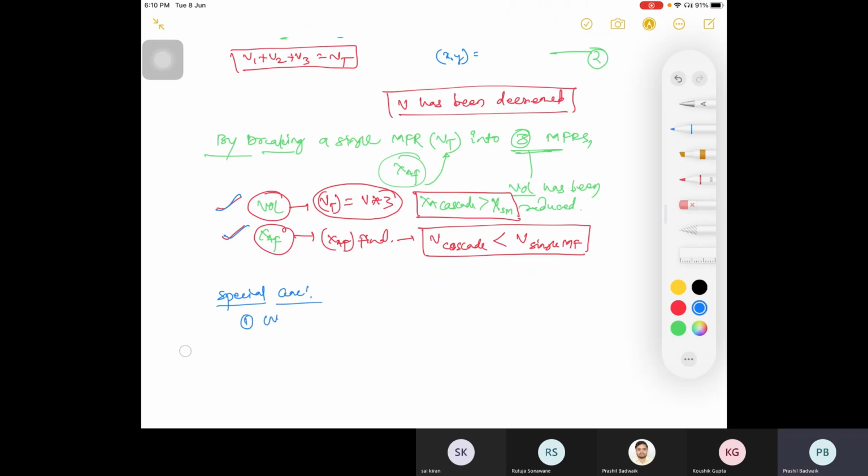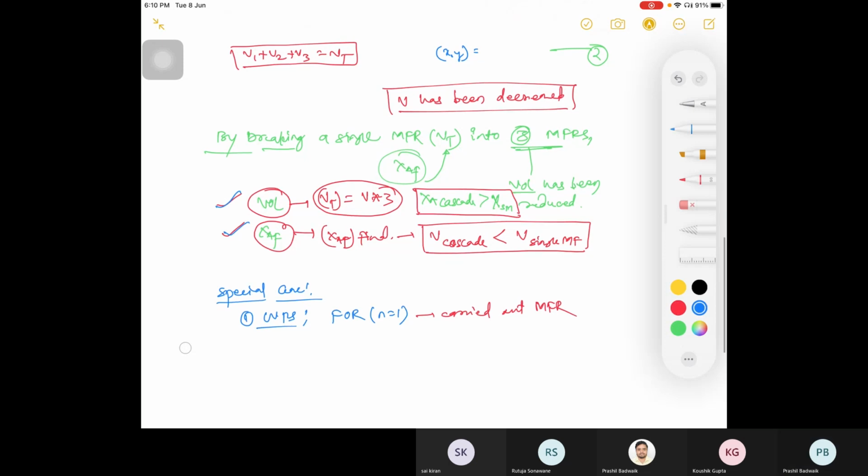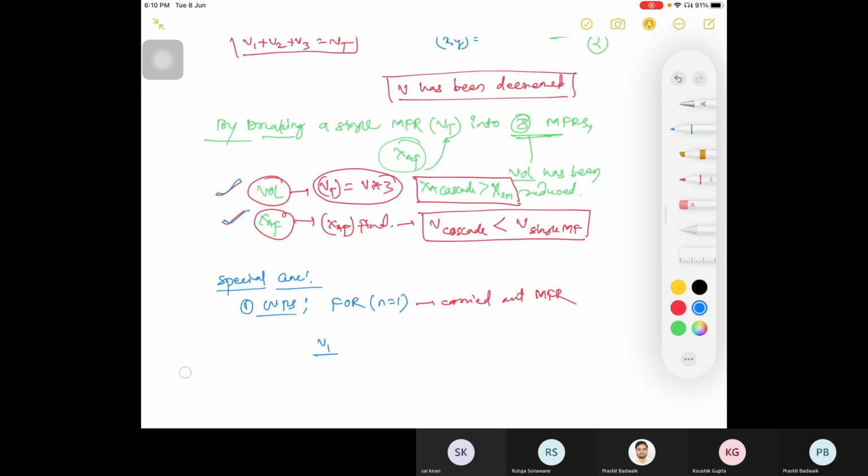Suppose you have a constant volume reacting system and a first order reaction, that is n is equal to 1, and this reaction is carried out in an MFR. Can you please write down what will be your design equation for a first order reaction? That is V1 divided by Fa naught is equal to XA1 minus 0 divided by minus RA at exit of reactor 1. And for this first order reaction, minus RA is equal to K into Ca.